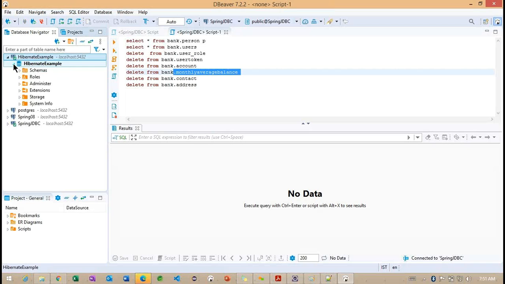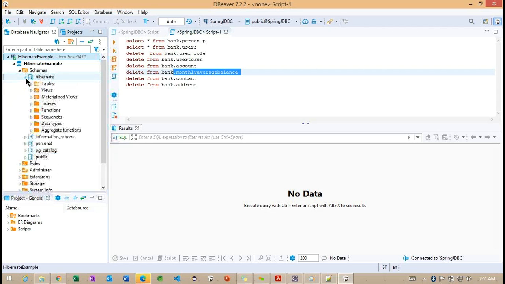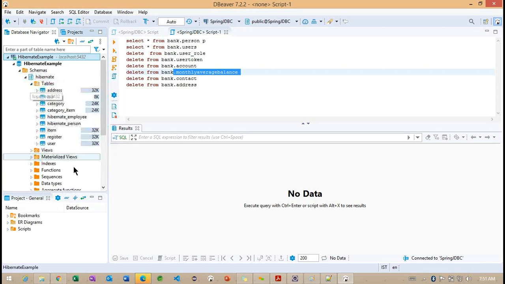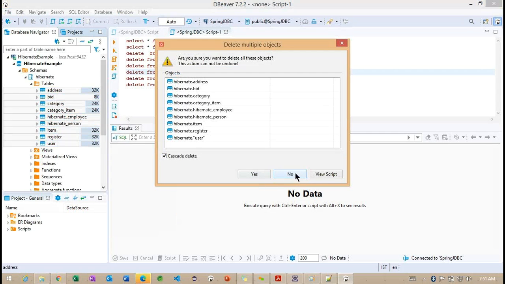So to create this particular schema, what we need to do? How many schemas are we having? We are having Hibernate, personal, and pg public. So we are having this many tables inside this particular Hibernate schema. So let me delete all the tables here.